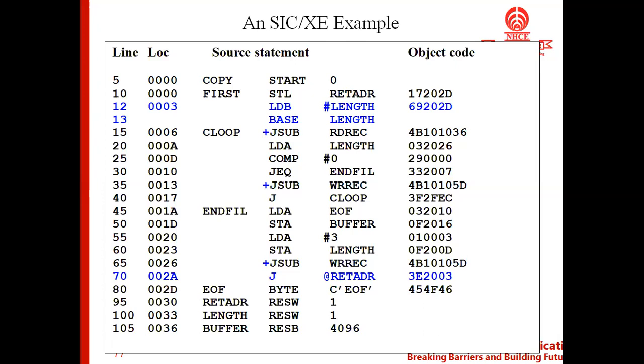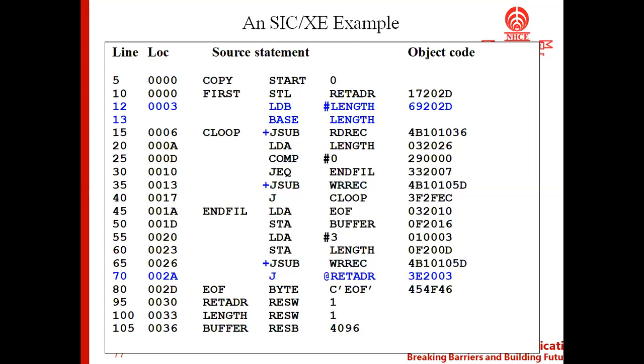Similarly, we can work out the next instruction, line number 12. Line number 12 also takes format 3, because of the length and immediate addressing. Immediate addressing can go with either format 3 or format 4. Here, why not format 4? Again, there is no plus and there are no registers, and we have the operand. So definitely it should be format 3. Since it is format 3, 3 bytes will be added to the existing address, so the next address would be 0006.